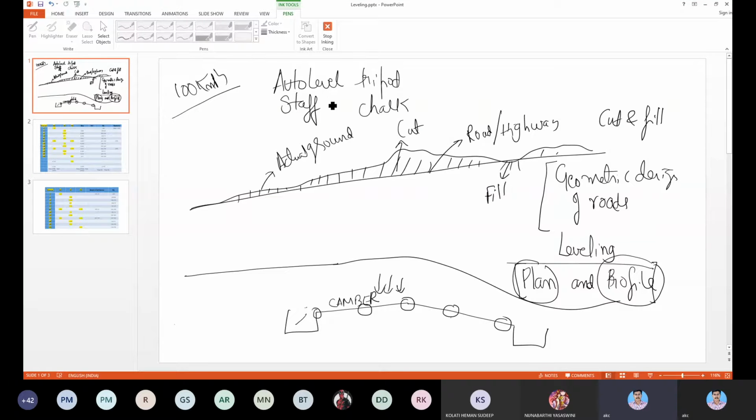Along with these, we also use a measuring tape. So these five equipments are commonly used in a leveling experiment.